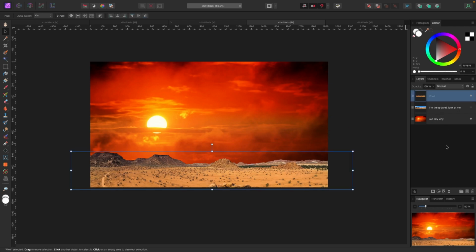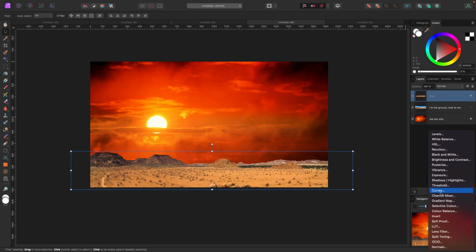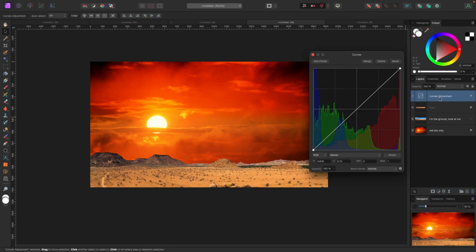So what I'm going to do is add a curves adjustment, and curves are really powerful. I use them all the time. I'll do a separate video on curves because they're pretty advanced, but I'm going to add a curves adjustment. My curves adjustment has appeared at the top of my layer stack. I just want to drag it on top of my landscape scenery, my mountains there, because I just want it